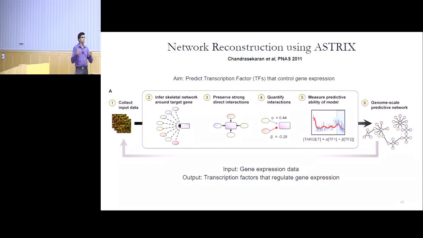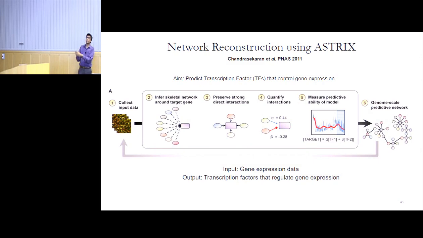Once it identifies these interactions, it then quantifies them by using an algorithm called least angle regression. Using least angle regression, you can write a mathematical equation that connects the expression level of different transcription factors to the expression level of the target gene. Then using this approach, you can identify what transcription factors are regulating a target gene, whether they're going to activate it or repress it, depending on the sign. And you can also identify which ones are more important, depending on the value.